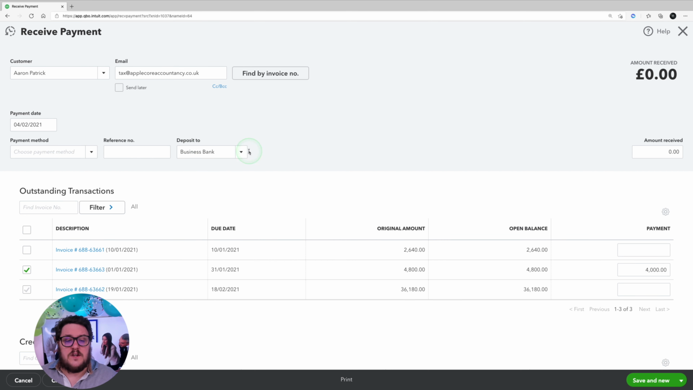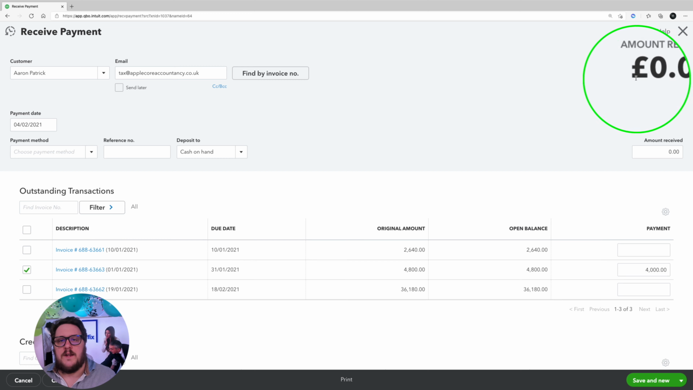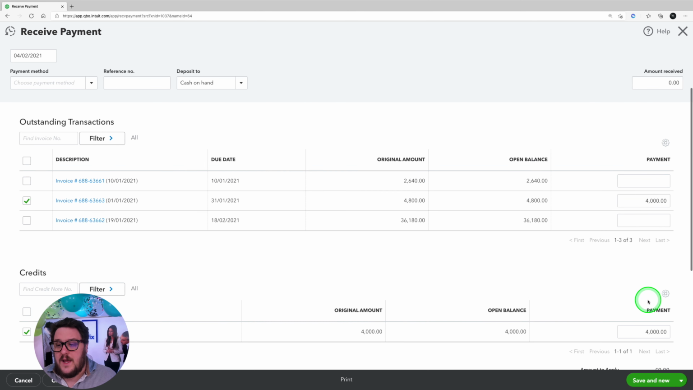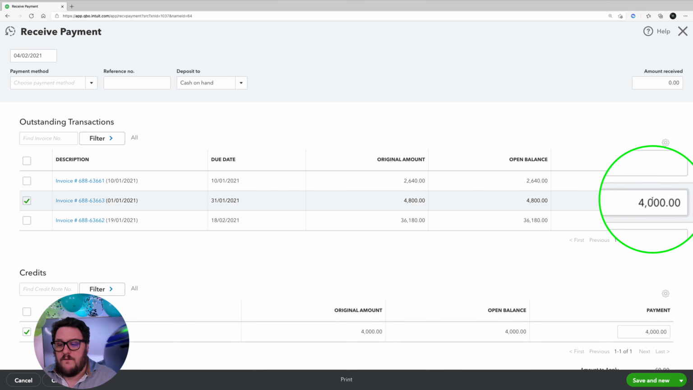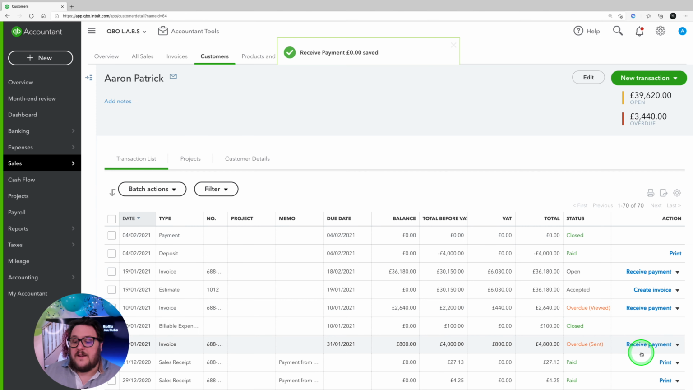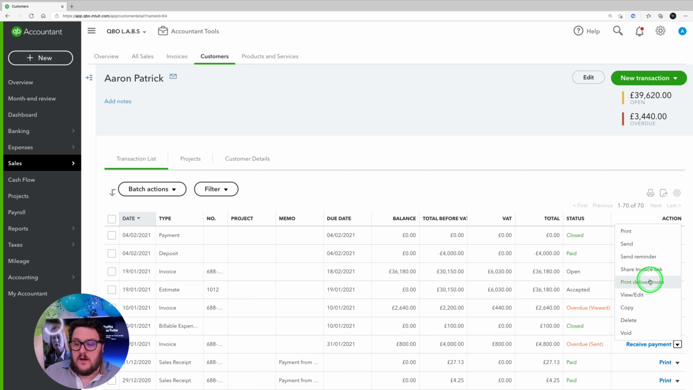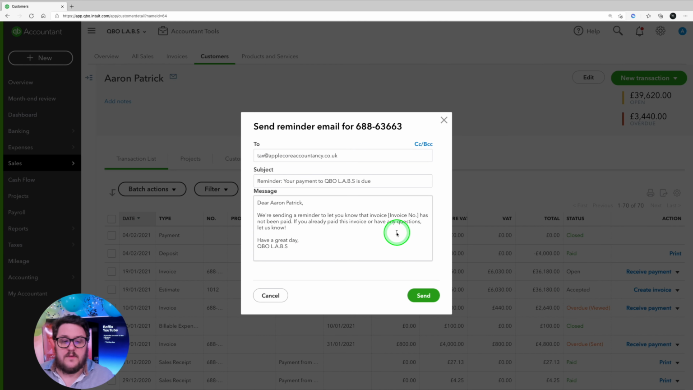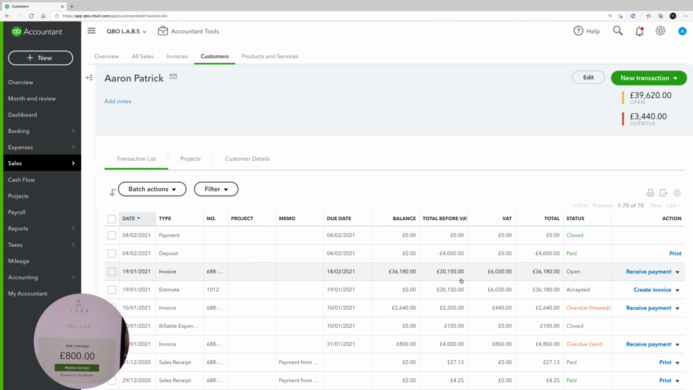And for my deposit, just to be safe, I'm going to put cash on hand so there's no issues with reconciliation, because I don't want a zero appearing in that account. At that point, I've got zero amount received, £4,000 against that one, 4,000 there, save and close. Now, when I go to send a reminder and press send, they're only now being requested for £800 and